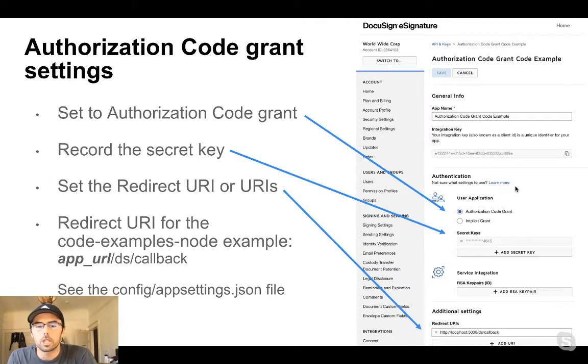For more information on authentication as a whole, it's a longer conversation. You can ask questions in chat or ask questions in our Slack channel, and I'll be more than happy to address the differences between auth code grant or JWT or implicit grant. But right now, we're going to stick with just auth code grant for this presentation. Okay, let's go to our first demo.